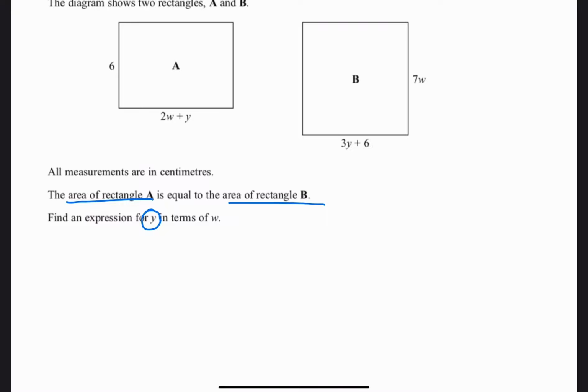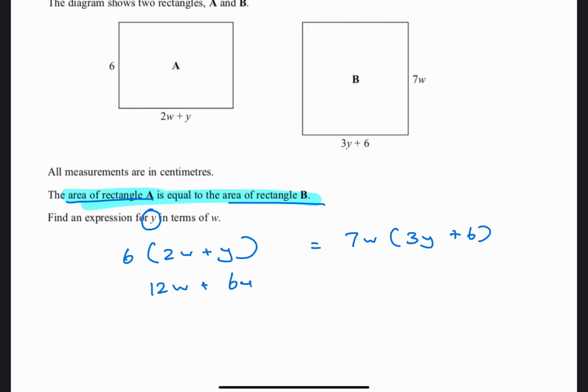So what is the area of A? The area of A is 6 times (2w plus y). But they told you that is equal to the area of B. What is the area of B? 7w times (3y plus 6), because that's what they told you here, because both areas are the same. Let's expand this one through. 12w plus 6y is equal to 21wy